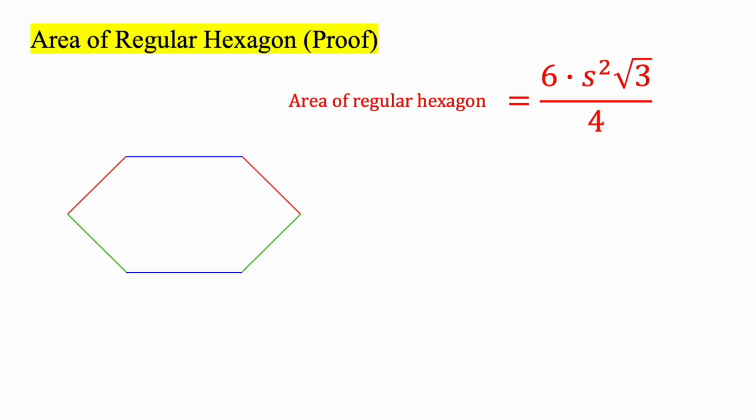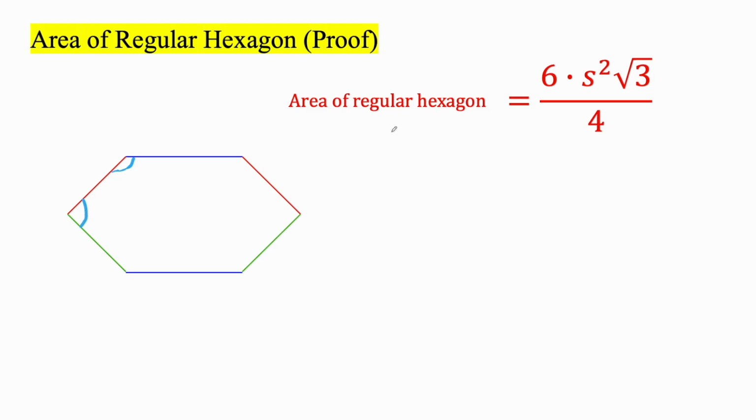Okay, in this video, we're going to go ahead and prove that the area of a regular hexagon will be 6 times s squared square root of 3 divided by 4. So it's important to understand a regular hexagon means that each side and angles are the same. They're equivalent. So for example, now this picture isn't drawn to scale, but this angle and this angle would be